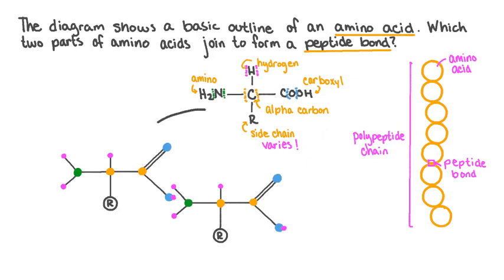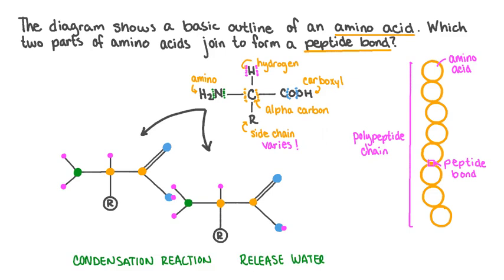Here I've drawn a slightly more detailed representation of two amino acids so that we can investigate how the peptide bond forms. The polymerization of amino acids occurs through a chemical process known as a condensation reaction, also sometimes called a dehydration synthesis reaction. The condensation reaction gets its name from the fact that it causes a molecule of water